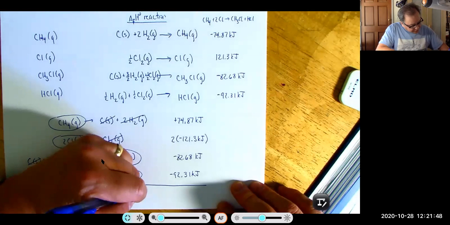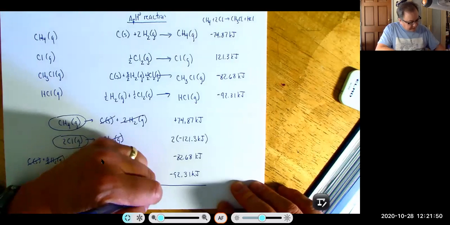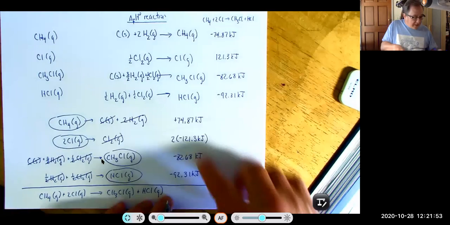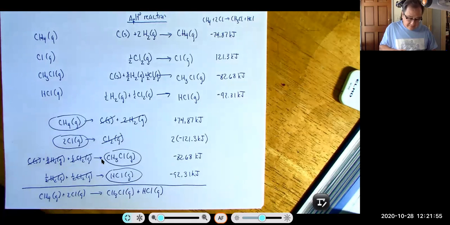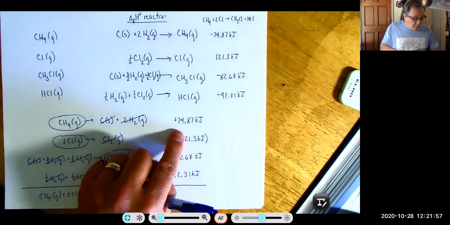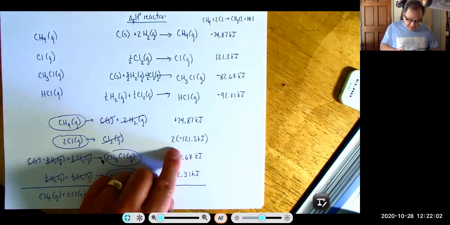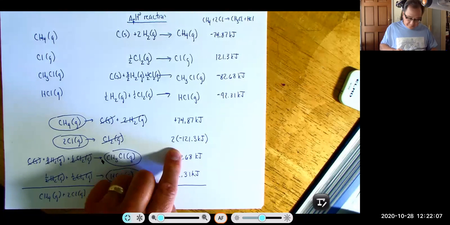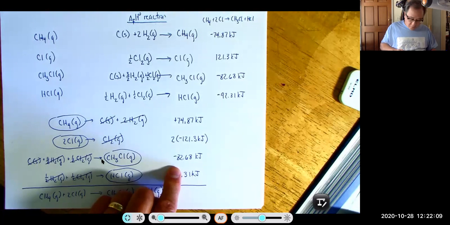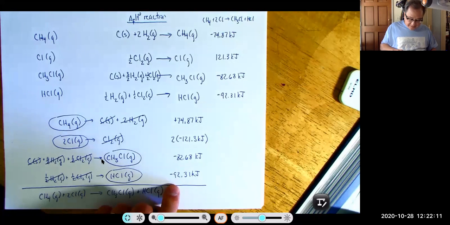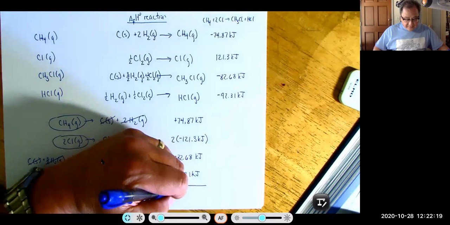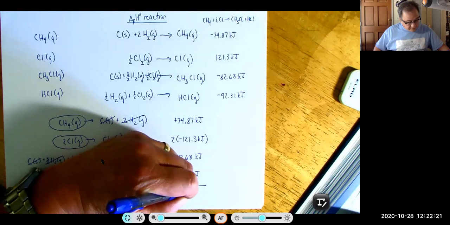Okay, Jackie, I'm going to put you on the spot here in just a moment. Now, when we add these numbers up together, you're not on the spot yet, Jackie. We've got 74.87 minus 121.3 times 2 minus 82.68 and minus 92.31. And I get negative 342.72 kilojoules,